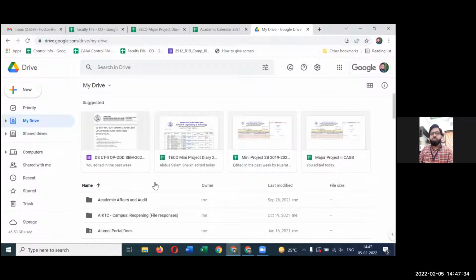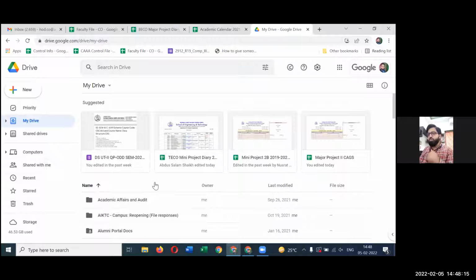ठीक है. What happens due to this? We avoid the email communication. First thing. Second thing is what? Whenever you make a change into your document, that change is instantly available to all the concerned people. Because we are changing the data which is available on cloud. Since the document is maintained on cloud, whatever changes you make are directly done on that document, and that document is shared with the concerned people, so they also get the updated data.